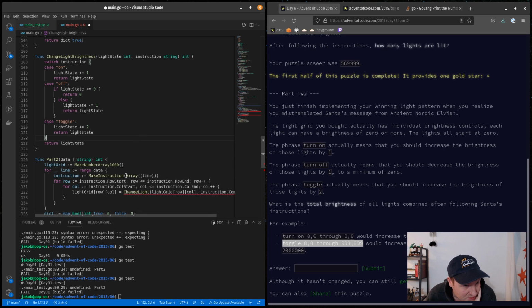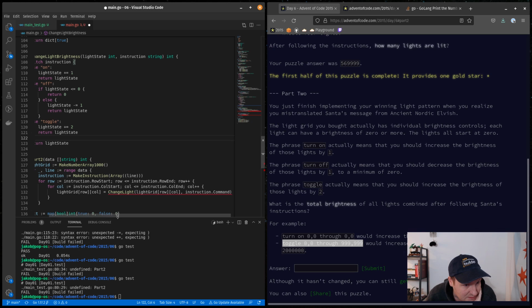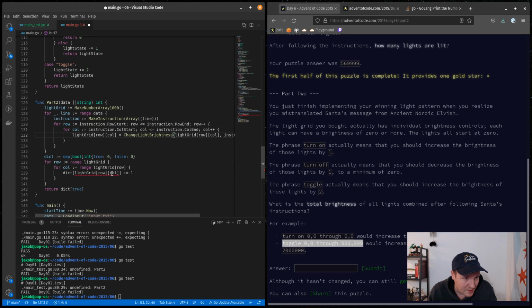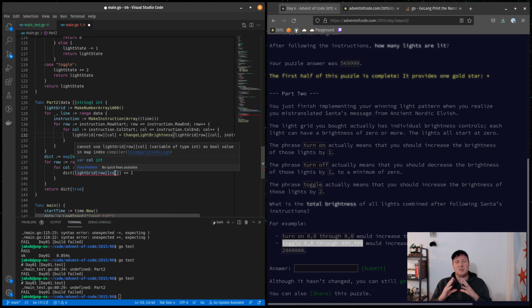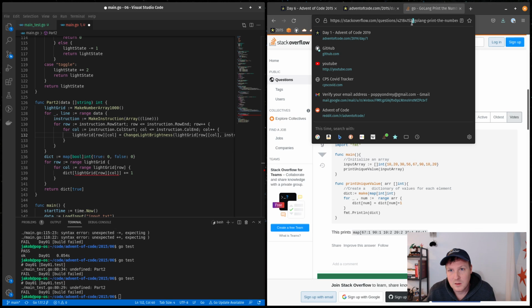All right, we're still going to make those instructions. We're still going to use those instructions. But instead of change light, we're going to do change light brightness, right? And then for this, we don't need to